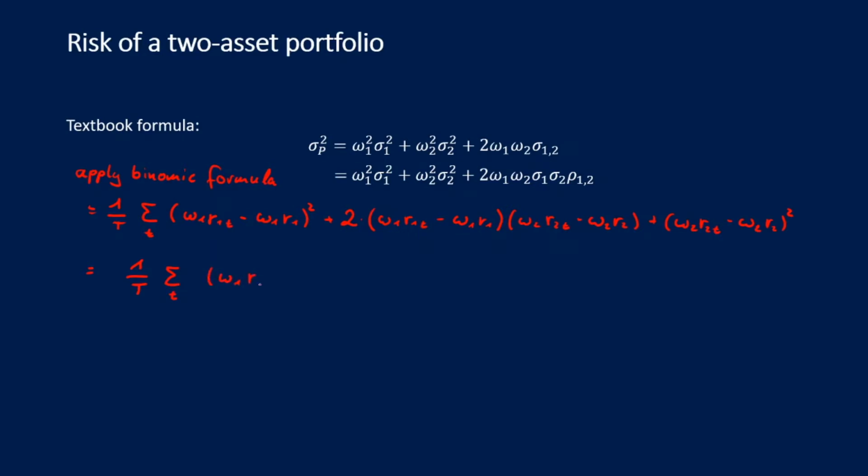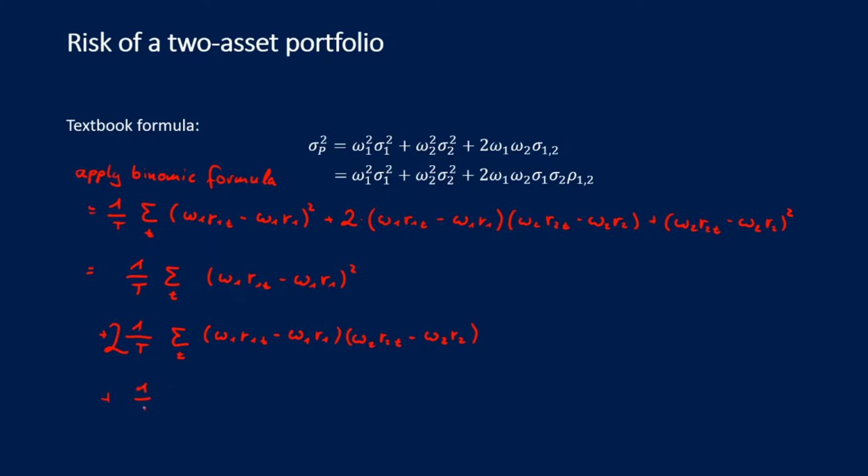So W1 R1t minus W1 R1 squared plus second part 1 divided by t sum across all t, and of course since it's the 2 part here we can take the 2 out of the bracket and put it just in front there, and now the rest is W1 R1t minus W1 R1, W2 R2t minus W2 R2. And the third part of the formula now is